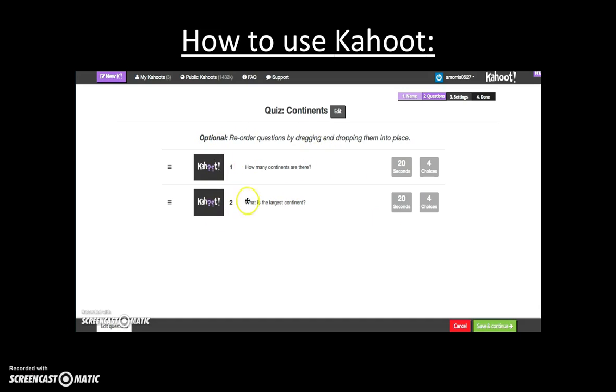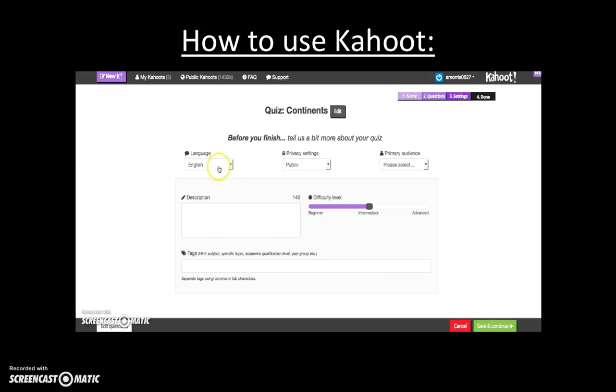Okay, you're going to see the different questions that you made, how many choices, how many seconds they had to answer. These two things would be where your pictures would go if I could find the correct one to upload. So just pretend like there's a picture there. And then when you get to this page, you'll be able to change the settings, the language, the privacy. I'm going to make mine private, who it's for, and then you can add a description, first grade